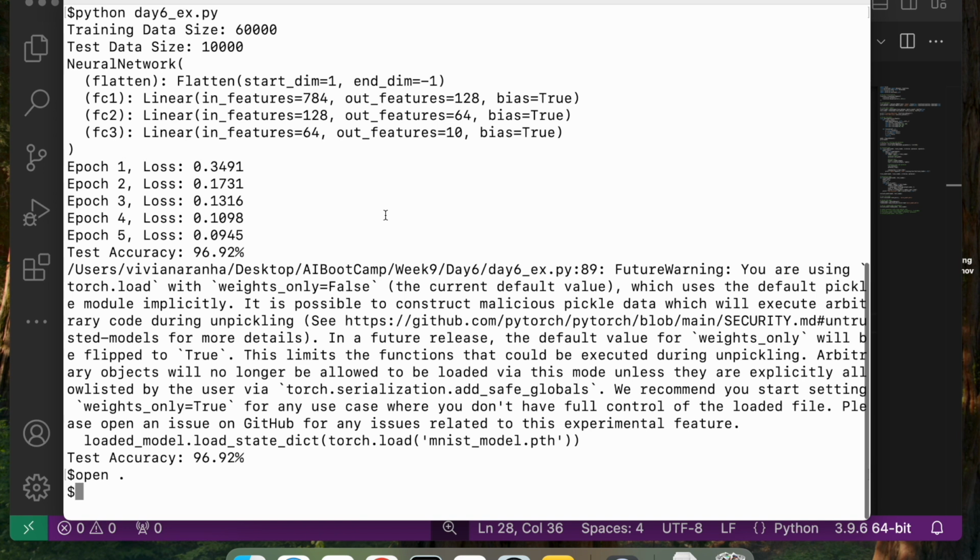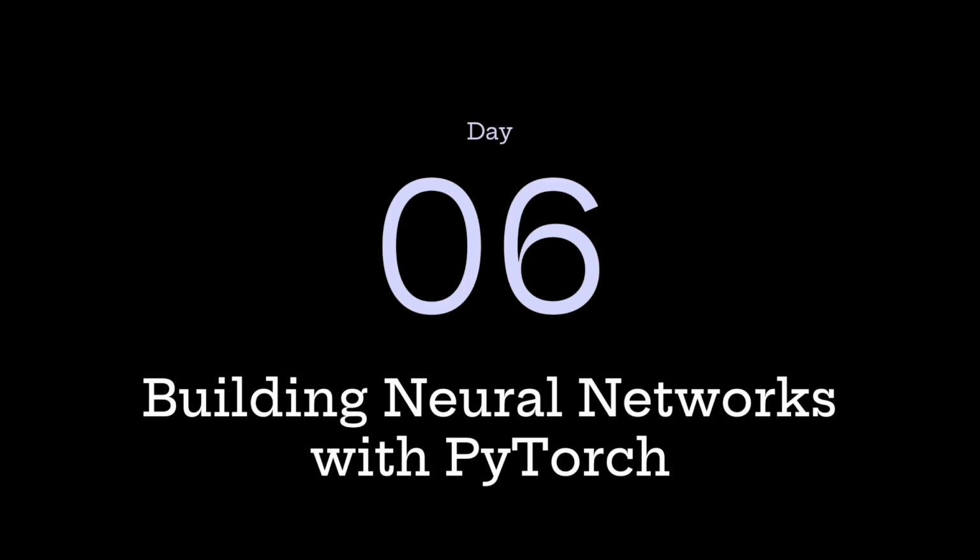I hope you have the same experience here. If there was an error or issue that is an error, not a warning, let me know in the comments and I'll get back to you. But just to summarize, today we understood PyTorch's core components, the tensors, autograd, and nn.Module. We gained hands-on experience building and training a neural network in PyTorch, and we learned how to evaluate and save PyTorch models effectively. And finally, we developed intuition for experimenting with model architectures and hyperparameters. If you have any problems or questions, do let me know and I'll get back to you.